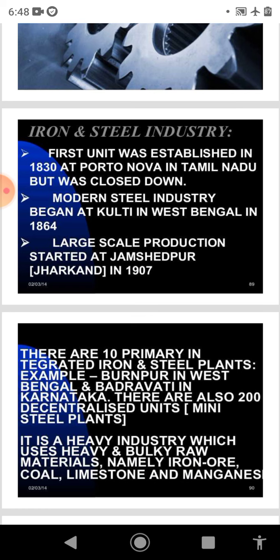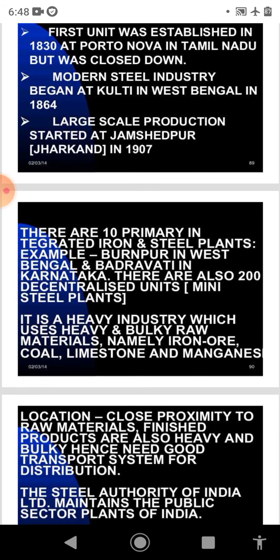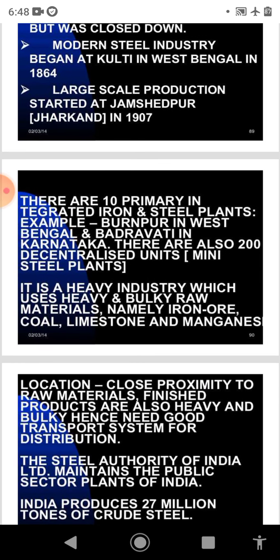After that, we will discuss the factors which are affecting the location of iron and steel industries. First one is raw material. Iron ore, coking coal, limestone and manganese are the main ingredients required by the industry. This industry uses a large quantity of heavy raw materials and its localization is primarily controlled by the availability of raw